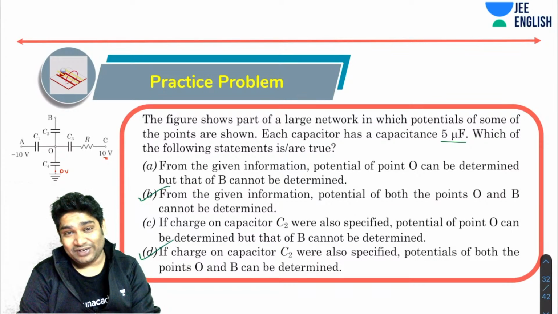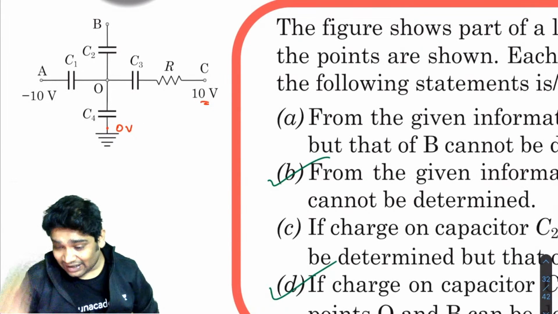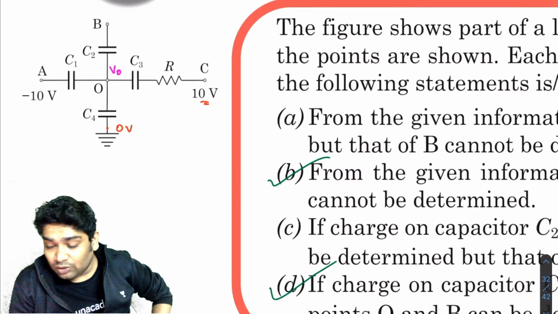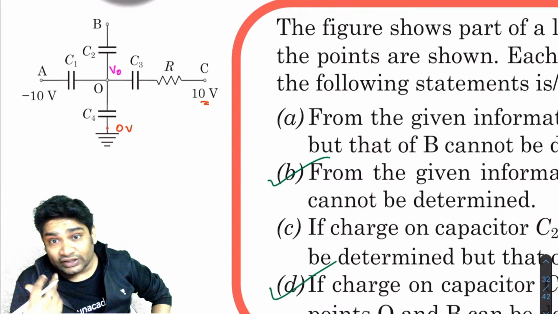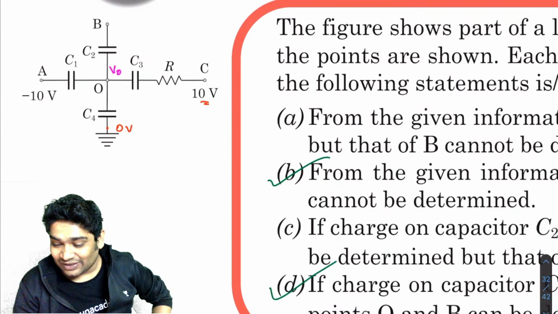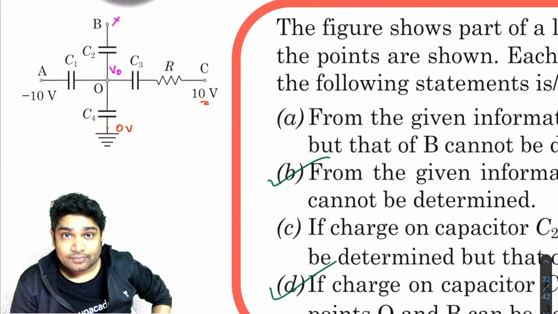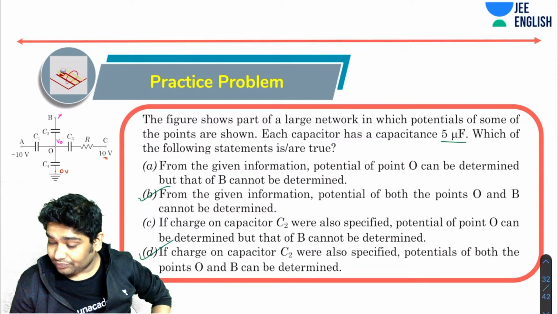So for this, you don't even need to write any equation, or solve anything. What you know is, if I do not know the potential of this, so V of O is not known, then the problem is that I don't know the charges on any of the capacitors either. So with the given amount of information, this is also not known. If you knew the charge on a few capacitors, then maybe you could have done something. Now the problem is I don't know what the charges are on each. I only know the capacitances.